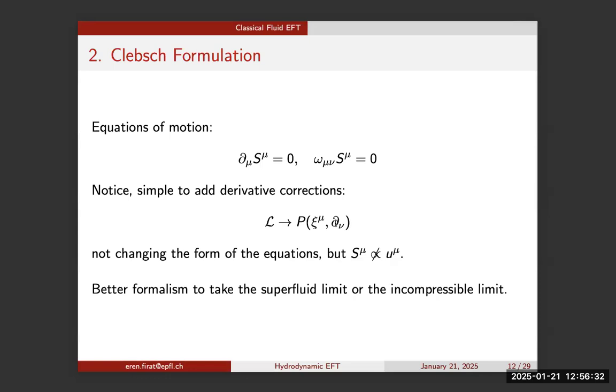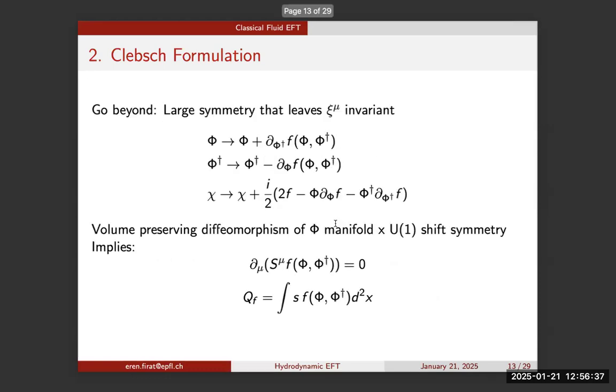So this description reproduces hydrodynamics and Euler's equation for a perfect fluid. But we can go a bit further and study what the symmetries of this description are. And the thing is, we constructed it so the Lagrangian is just the pressure, and it's a function of the vector psi mu. And so any transformation that leaves this vector psi mu invariant is a symmetry of the action by definition. And the fact is, this decomposition I showed you before is the most generic one, but it's not a unique